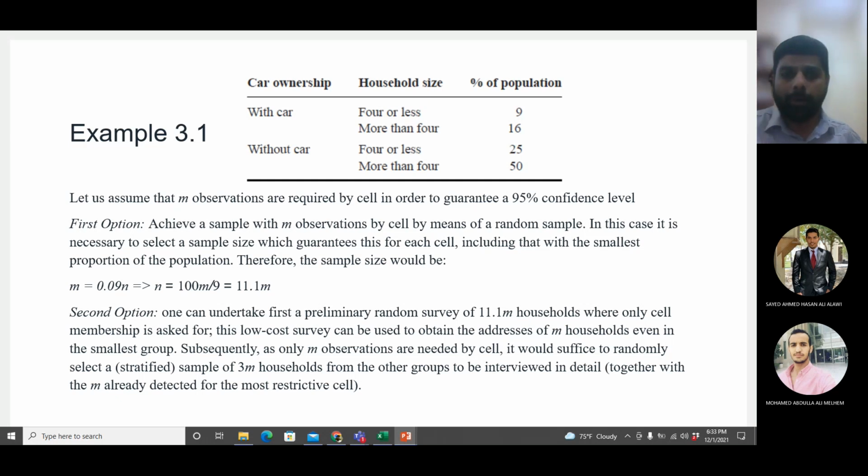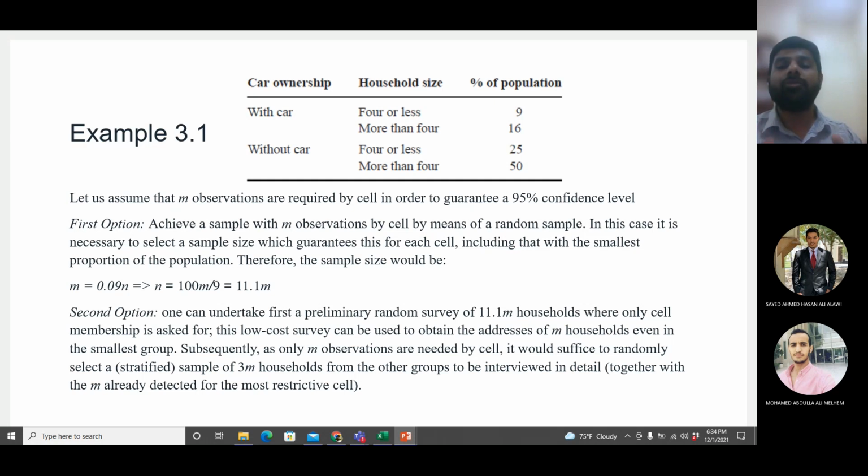So you go to 10 households from each category and you ask them the complete survey. Okay, so there are 2 options for you. You do it completely randomly, so you will end up collecting complete data from more households. Like I said, if m is 10, you will collect complete data from 111 households. Or you can do a short survey. First of all, apply random sampling, find out how many samples you require. Then from those samples, only find out their category, their segment, their type. And then you go back again for a full-fledged survey, and in that full-fledged survey, from each category you will take the required number, and that's it.